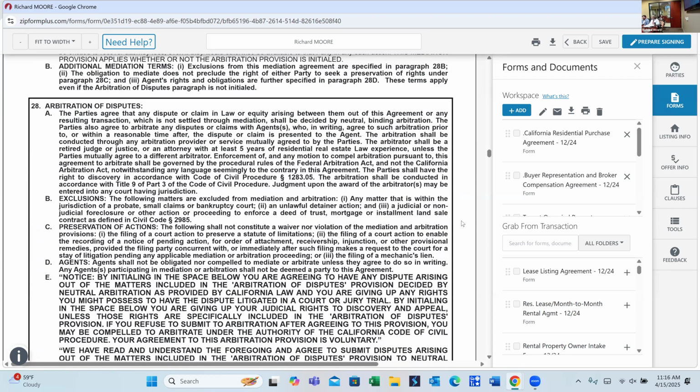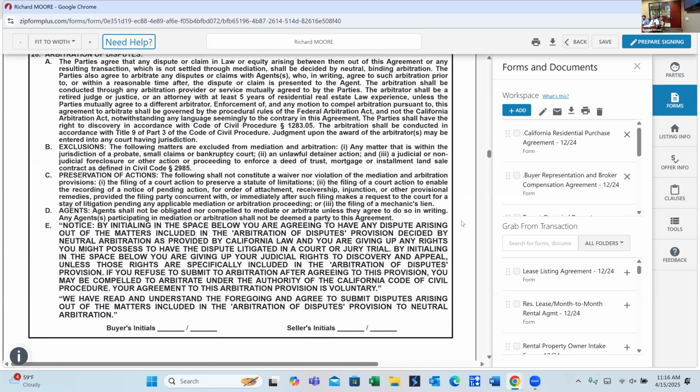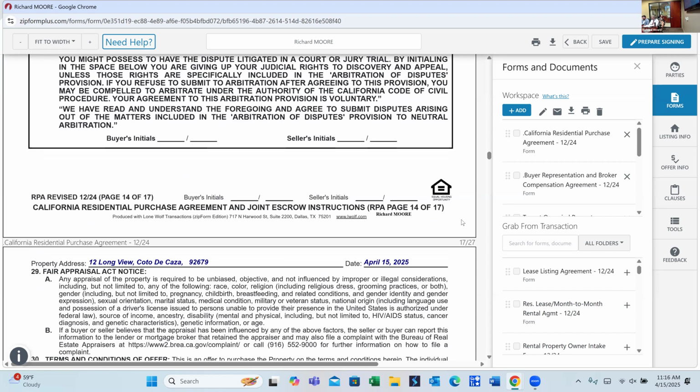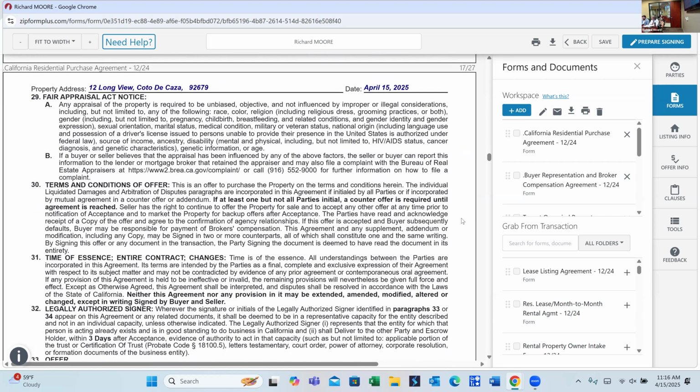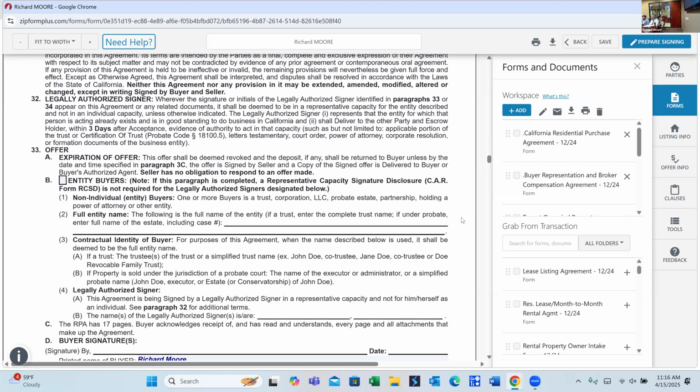And arbitration, once again, it's just a form of litigation, but hopefully with less costs. So that's why I would suggest so many initial paragraphs. And then we're going to just skip on down here